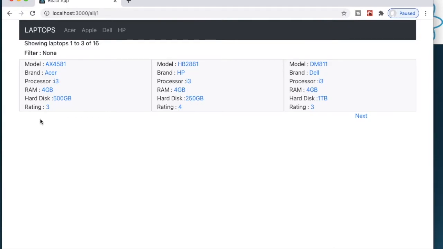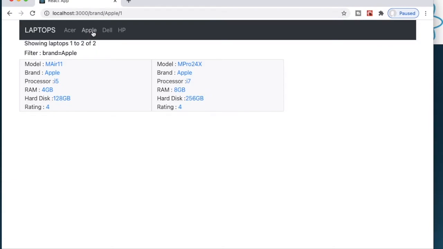So standard navigation. If I click on Acer, it shows me the laptops which have the brand Acer, and here in the filter, whatever we are using as the filter, brand is equal to Acer is shown. Same for Apple, Dell, HP, and we have pagination everywhere. Next, what do we have? All these are clickable here. So let me say click on processor i3.